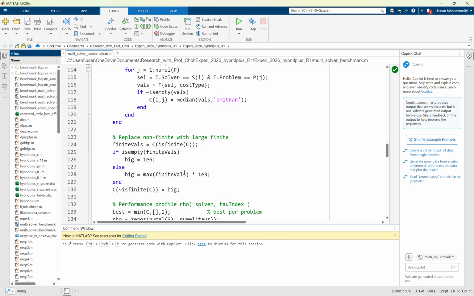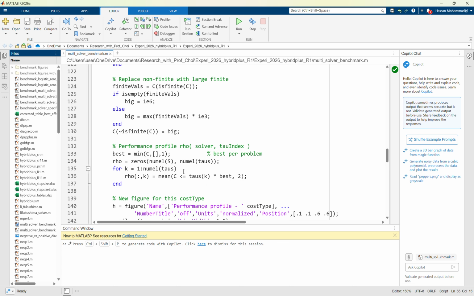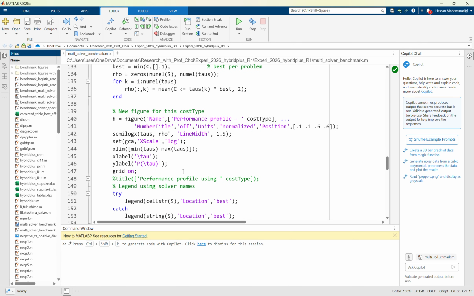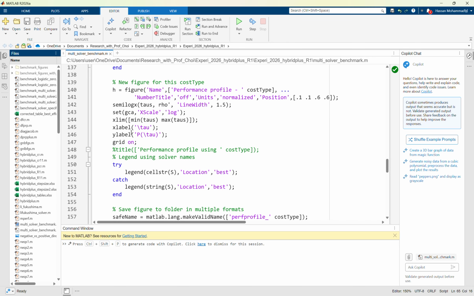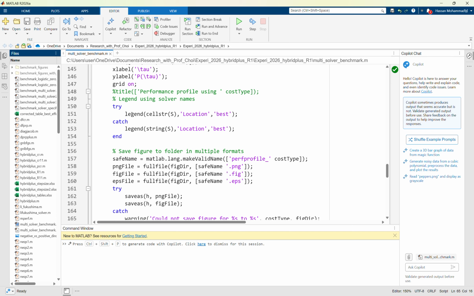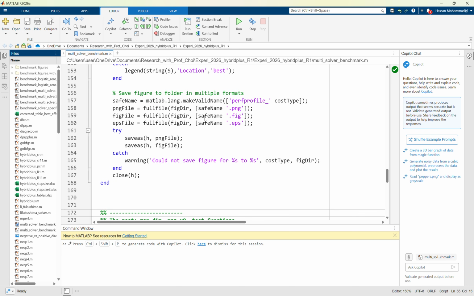And then there are also some important lines. This is where we label the x-axis and y-axis. This is tau, you see, and then phi of tau. And this is where we normally put the performance profile, that is the name of the figure and whatever. This is the legend. And then this is where we put the kind of figures that